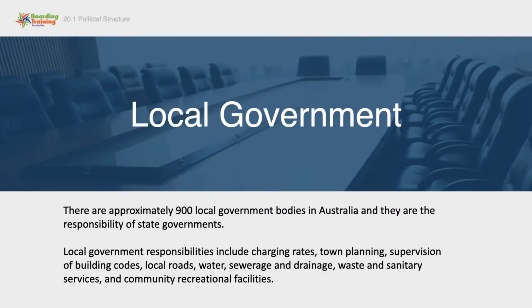Then the third tier is local government. And there are approximately 900 local governments in Australia, and they are the responsibility of their state or territory. So local government responsibilities include town planning, supervision of building codes, looking after water, sewerage, drainage, all that sort of thing. So that's the end of the section on political structure, and now we're going to have a look at